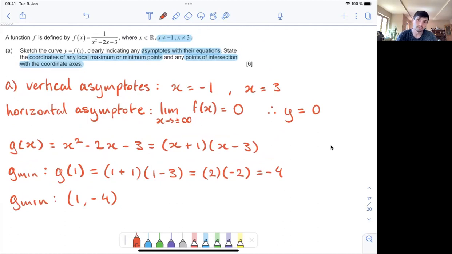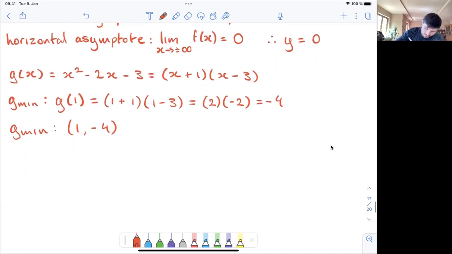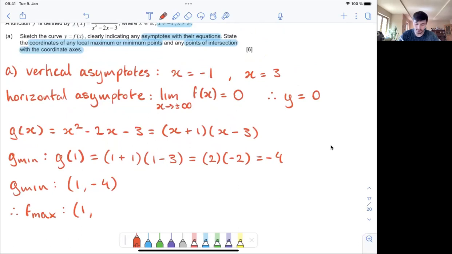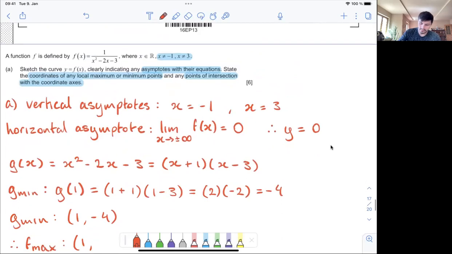So for the minimum for the graph of g and the maximum for the graph of f, we can go through and say, therefore, f max will be when x is equal to 1. And then the y-coordinate will just be the reciprocal of the y-coordinate for g. Okay, so you can sort of visualize that, because if we put x is equal to 1 into f of